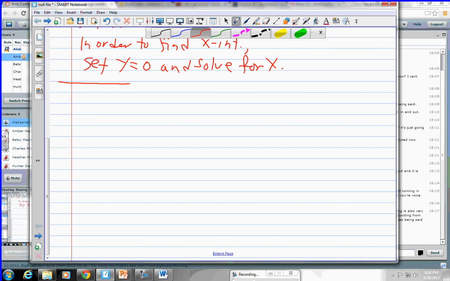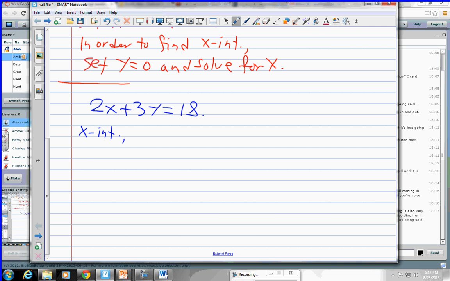So going back to our equation, 2x plus 3y equals 18. If I just ask you, can you find the x and y intercepts? What are they? y is 6, so 0, 6. x is 9, so 9, 0. And the really easy way to do that,